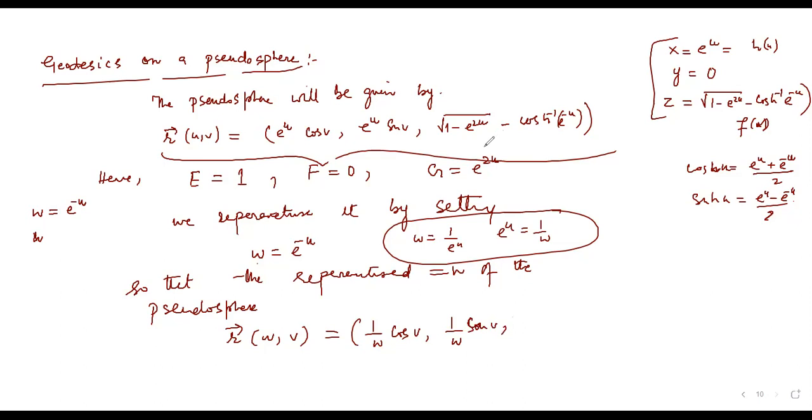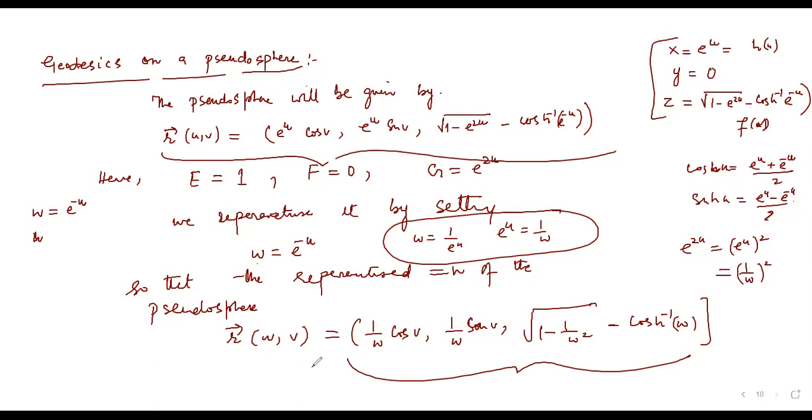right? then the question is यहाँ पे क्या होगा, right? so of course यहाँ पे आना चाहिए because e raised power 2u is the same thing as e raised power u का square, so this is equal to 1 by w का square, so यहाँ मिलना चाहिए मुझे 1 minus 1 by w का square minus of course easy cos hyperbolic inverse of w, e raised power minus u को हमने w माना, so this should be my new thing, right? then अब मुझे इसके EFG पता होने चाहिए ताकि मैं फिर इसकी geodesic equation की बात कर सकूं, क्योंकि I have to find the geodesics।